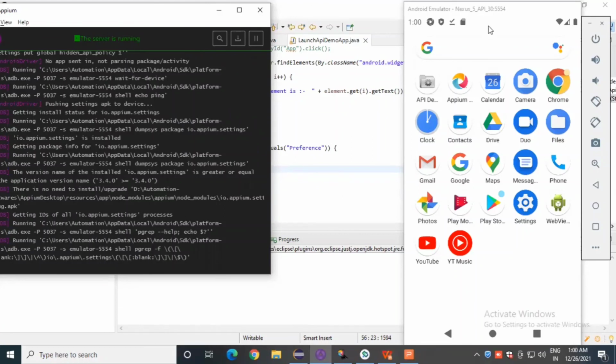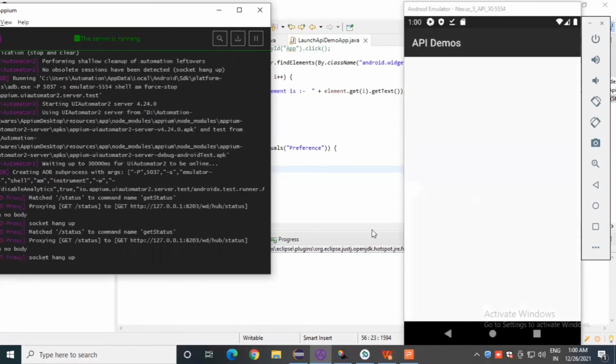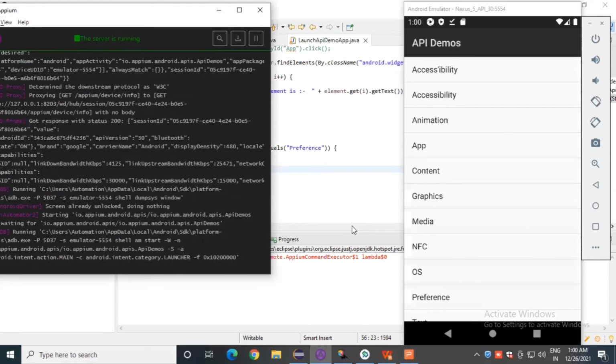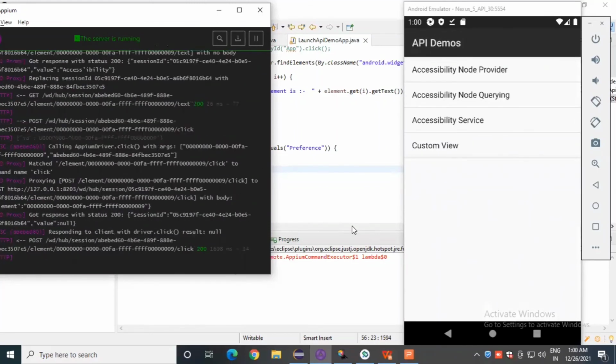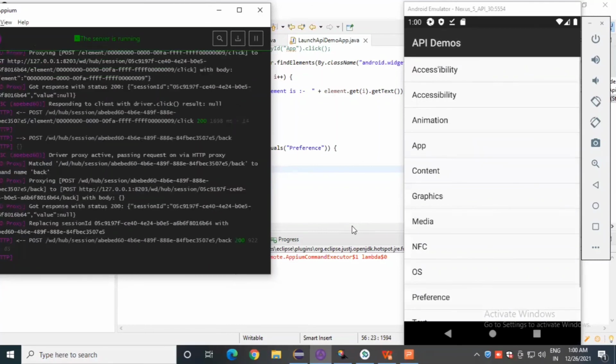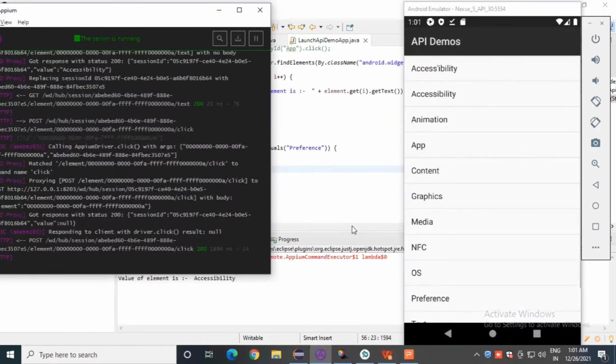So here is the device. The API demo app is launched properly. Okay, let's click on accessibility ID, and it's again come back. Let's click on accessibility. Yes, perfect. Again coming back.